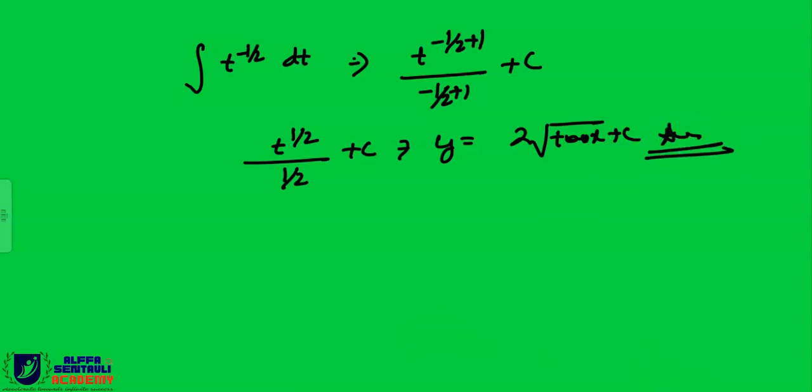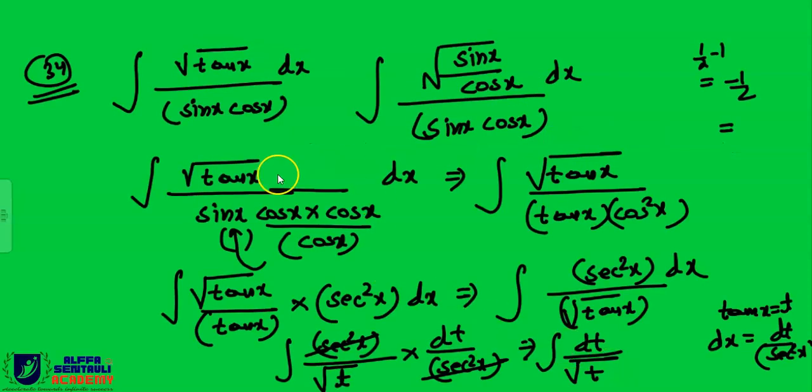Understood? So beta, in this we cannot directly substitute. We cannot directly make a substitution. First of all, we have to modify this question, then we have to make a proper substitution. Like in this question, we cannot directly substitute. You have to simplify this question, then use the method of substitution, correct?